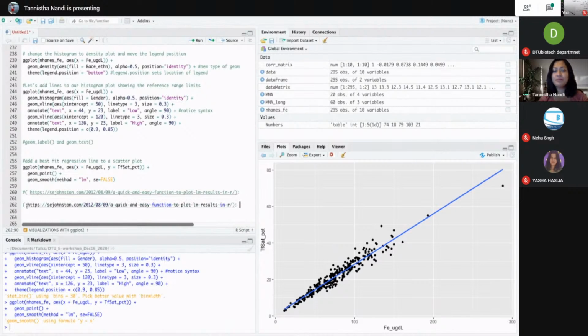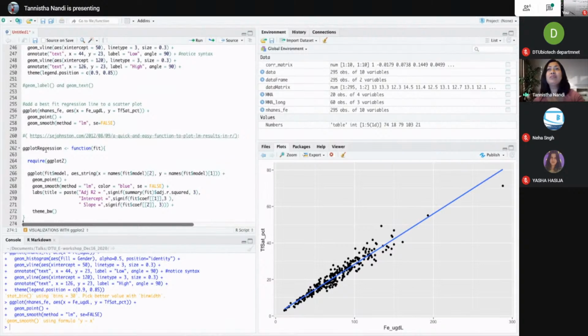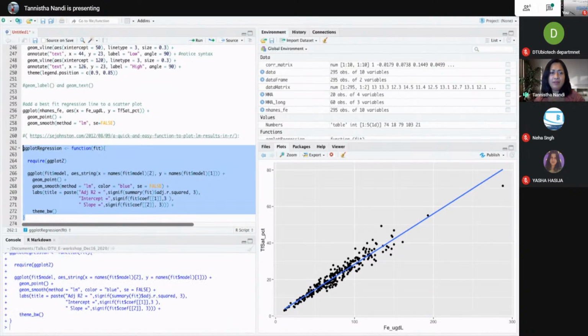Okay, so this is a function. Maybe there are more details if you go here, like what's the logic behind this regression function, but I'm just going to use it for demonstration. This is a function, and then if I want to use this function and fit a linear regression model to the data set that we are working with,